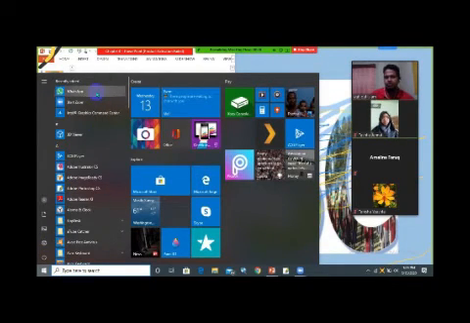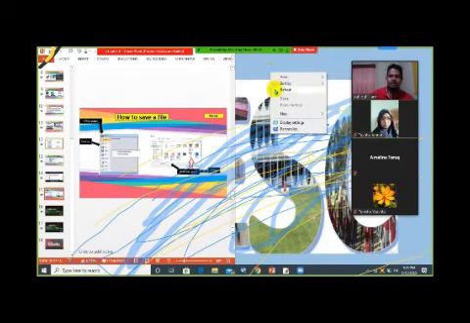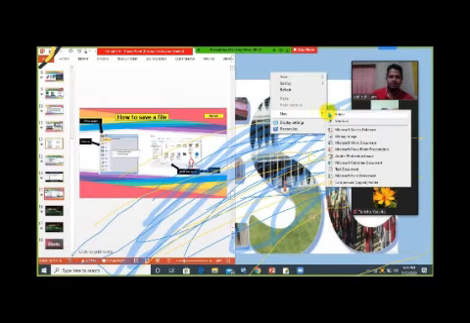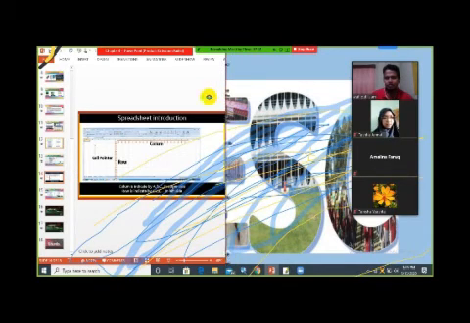If you don't find it in your program list, or if you don't find all programs, then what will you do? In the blank window, you will click the right button. Can you see I have clicked the right button? Then a pop-up list will come. Then if we click Microsoft Excel worksheet, another program opens, that's why it's not showing on my monitor. Yes, here there is a program, right? Then we can open it.